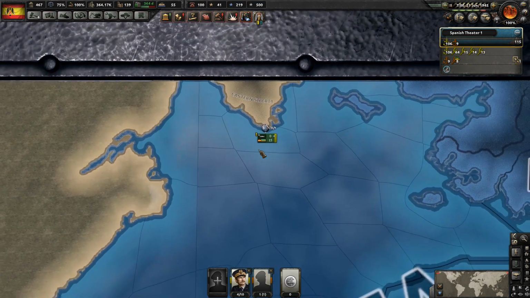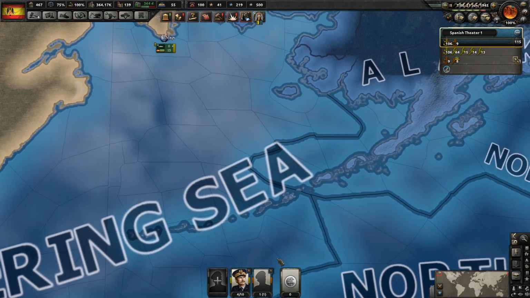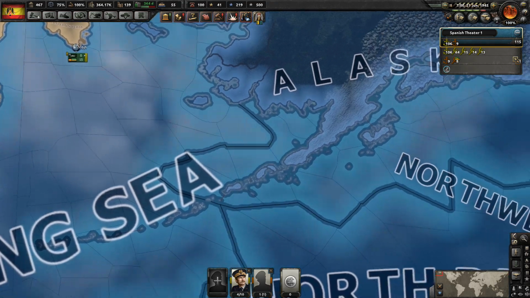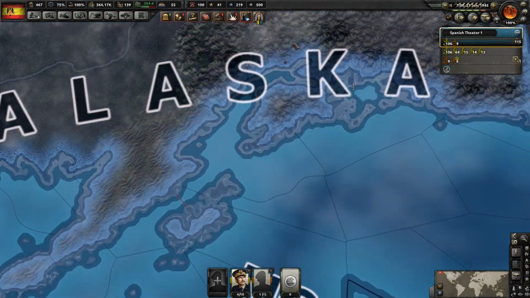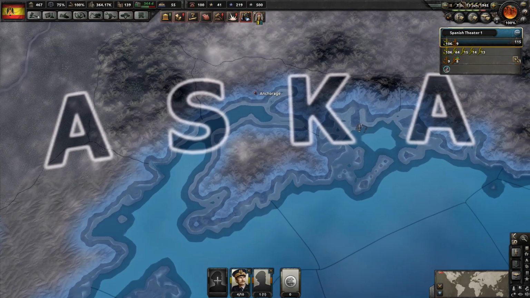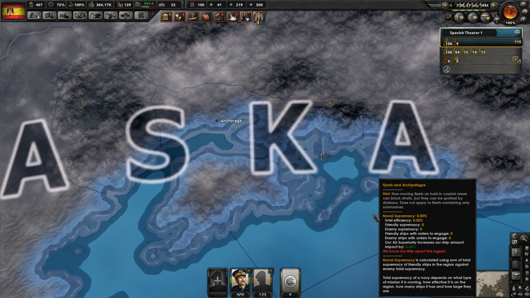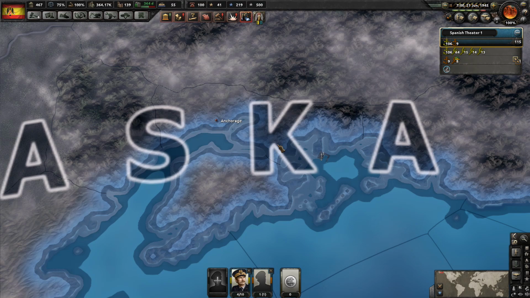Let's do that. So, our naval invasion will start over here, and then we'll go through the Bering Sea up here, and then into the northwest coast area as well. And then over here, what I'm planning to do is park the fleet at Anchorage, here. And then our 240 close air support planes can attack into Anchorage while we invade